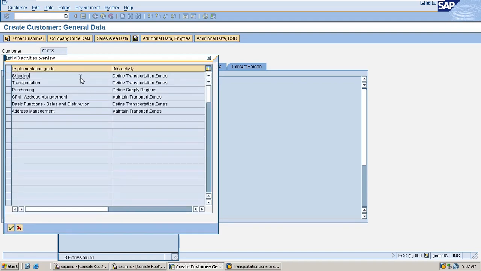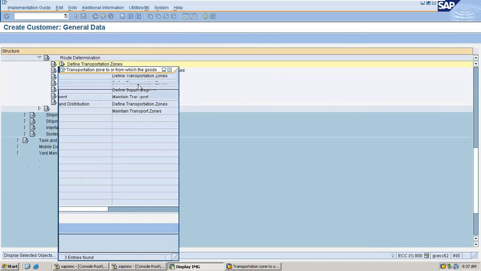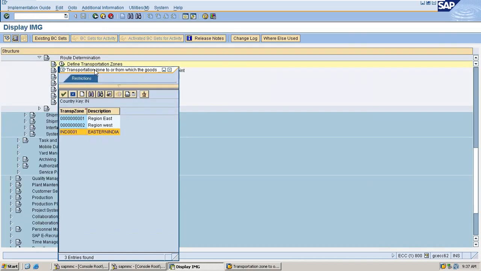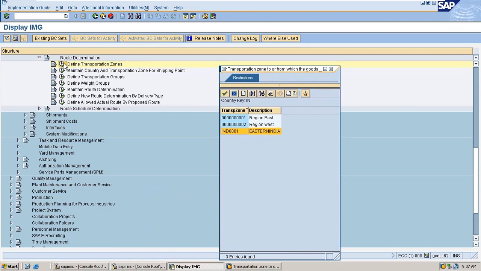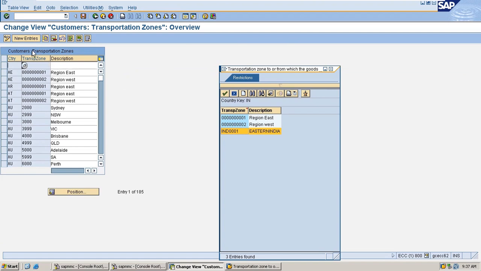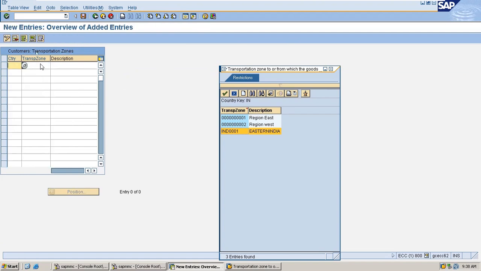And in transportation, we can define new transportation zones. We can go through this path and create the new entries here. The country is India and the transportation zone is IND